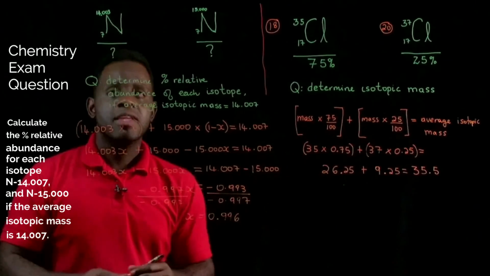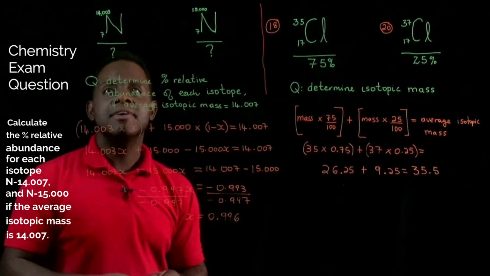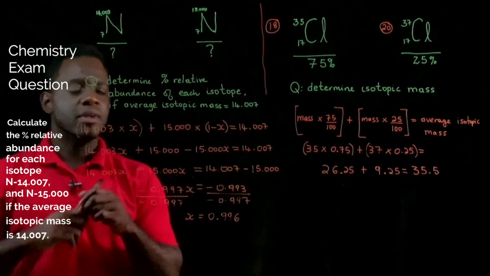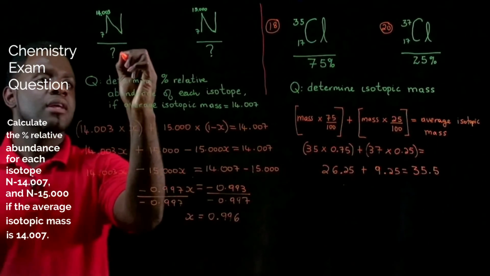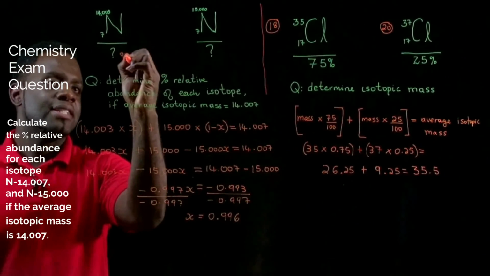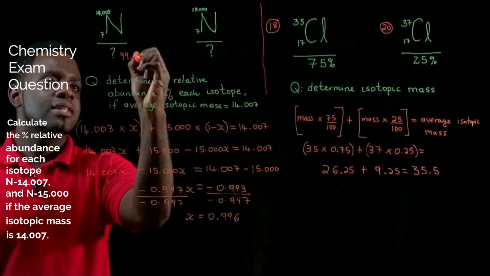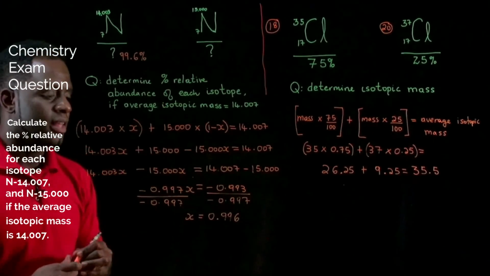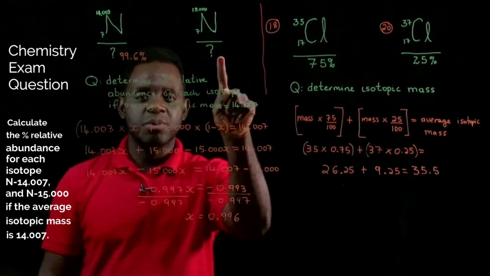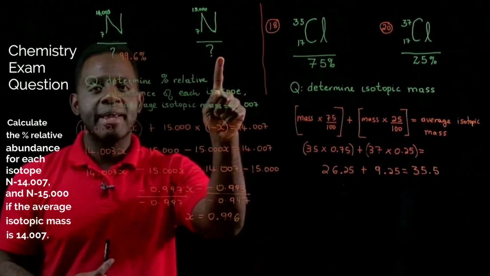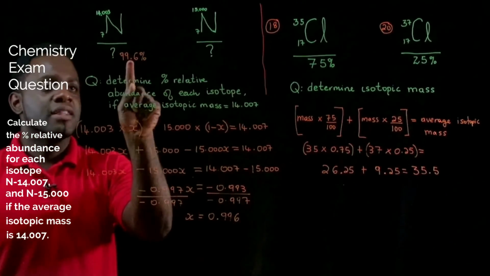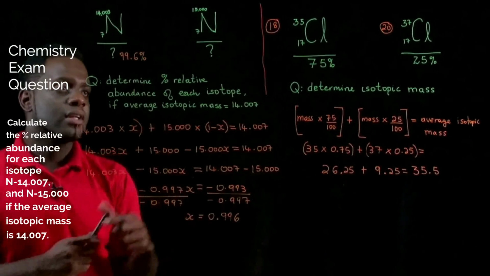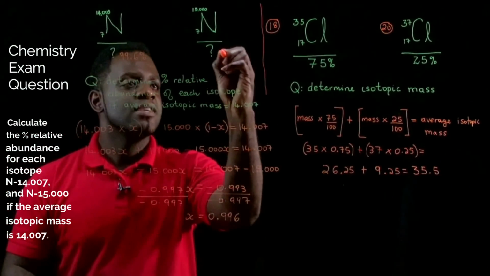Therefore, the percentage relative abundance of this isotope is 99.6%, and that of this isotope, of course, found by subtracting this amount from 100, gives us